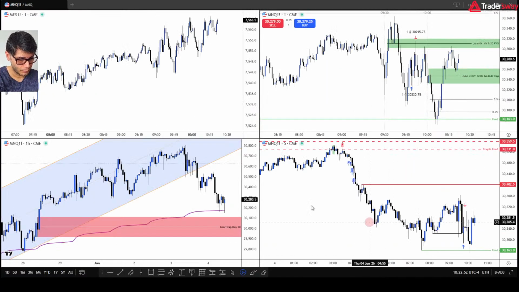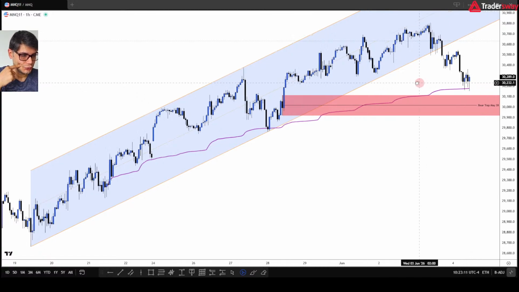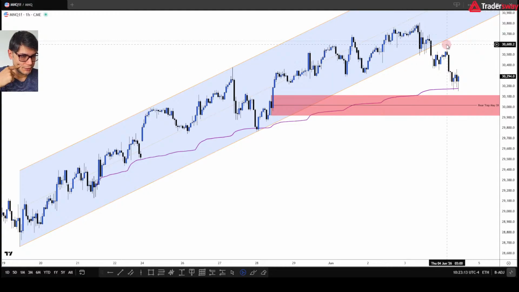Based on the 1 hour chart, I mentioned this VWAP anchored from this low, and it's right there. So my bias, because of this VWAP, it's hard to break below it. It's kind of a little bit bullish,